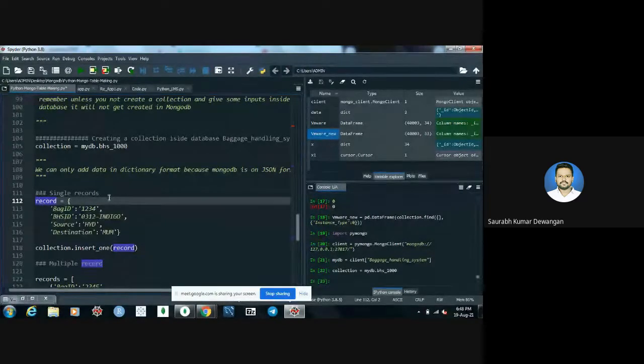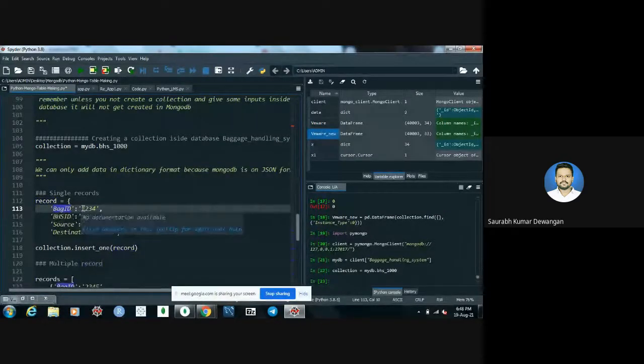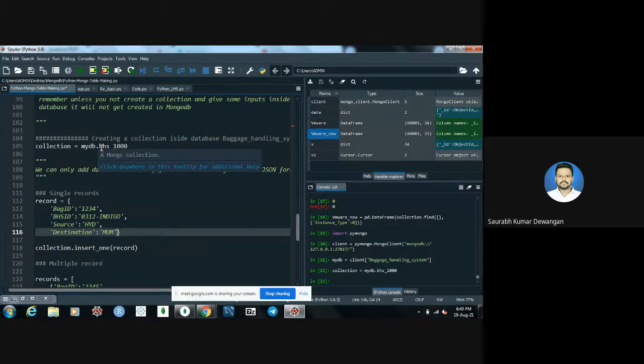I have given the features bag ID, BHS ID, source, and destination. The bag ID value is 123401230312 Indigo, right? Source is HYD Hyderabad, and destination is Mumbai. So this is the first record I want to create inside the table BHS 1000. Okay. So let me run this line,